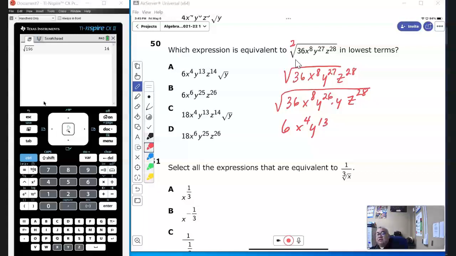And 28 is divisible by 2, so that's z to the 14th power. Now the dilemma is, what do you do with the y? That's correct. You leave it in the radical. So it's going to be 6 times x to the power 4 times y to the power 13, z to the power 14 square root of y. So your answer is